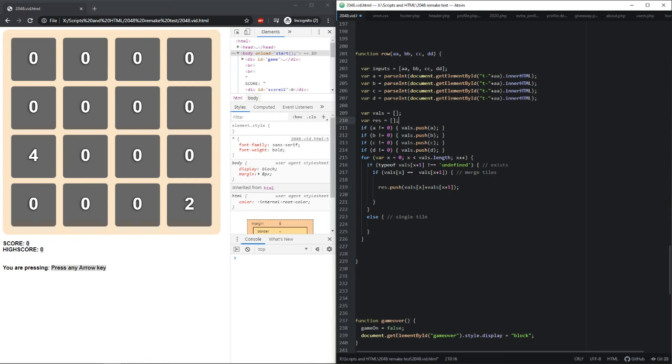So this array is going to be an array filled with merged results or non-merged results. Again, similar to the values array, it's going to be very dynamically populated. So it's either going to be a full array or an empty array, depending on what you're doing. So here, once we actually merged those two tiles together,